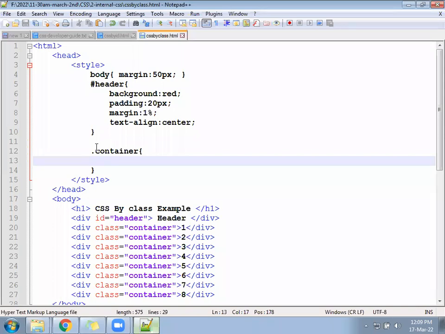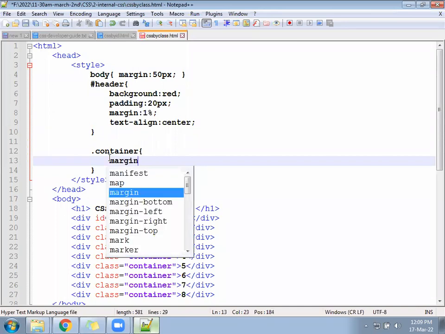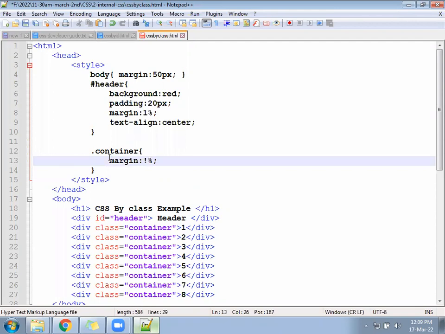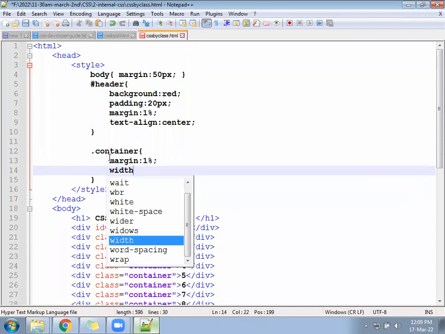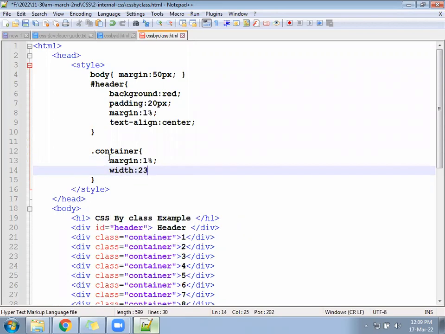And next we can write here margin 1%, width 23%,